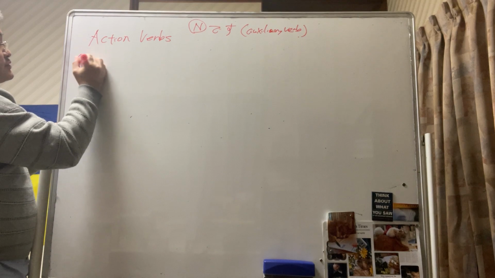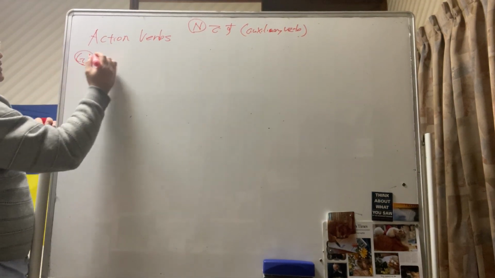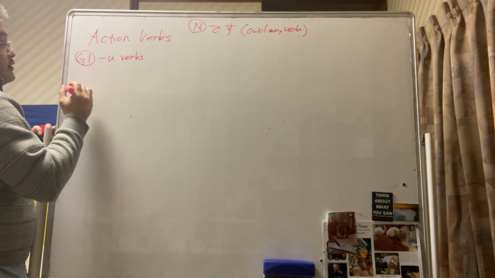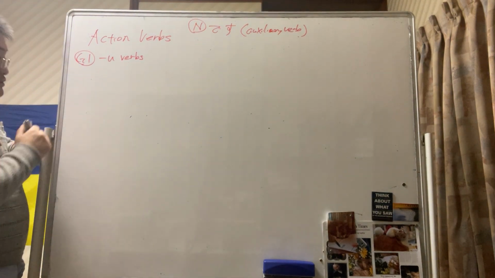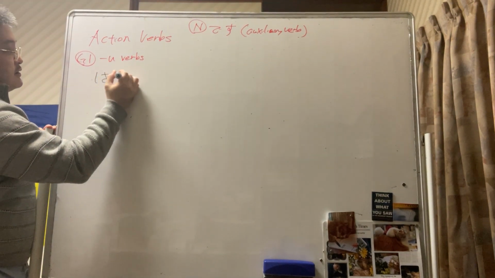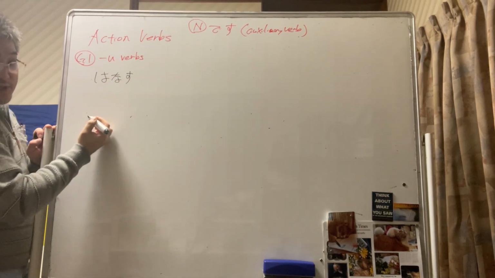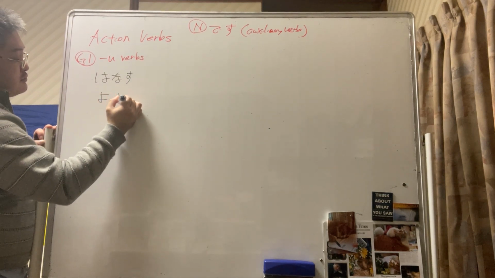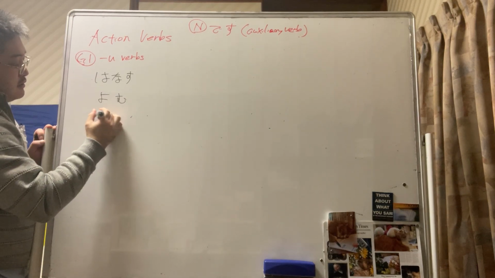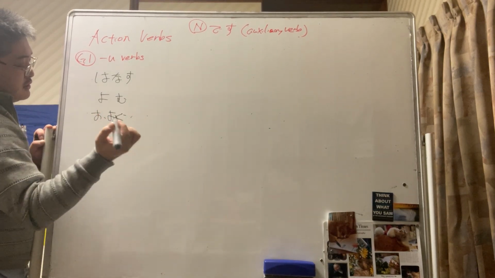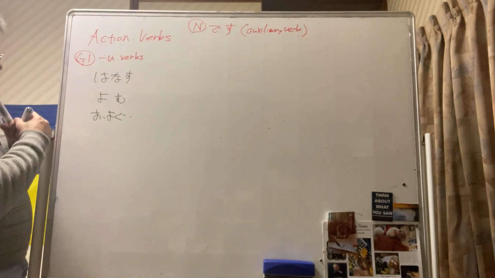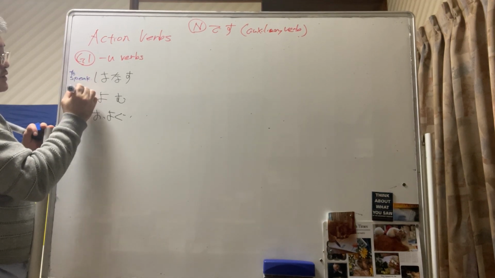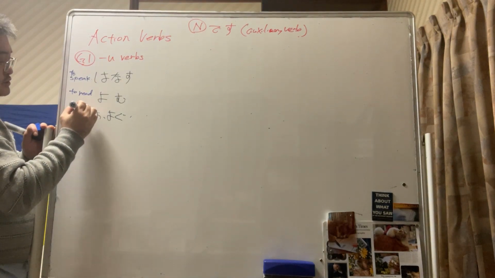And there are three groups in the action verbs. One is called group 1 verbs. These include hanasu, to speak. Yomu, to read. Oyogu, to swim. And here I will write it here: to speak, to read, to swim,